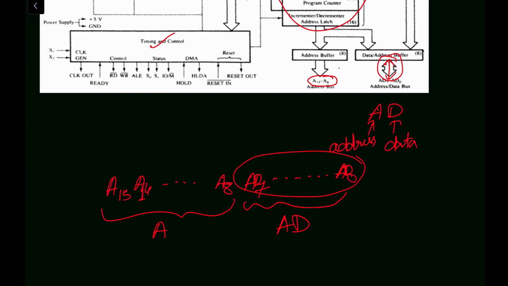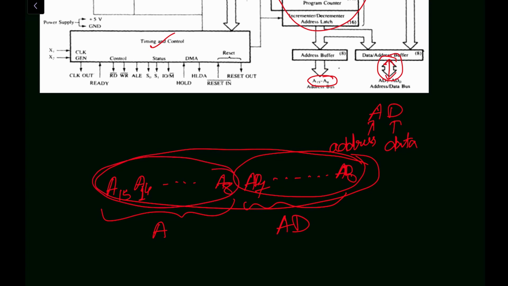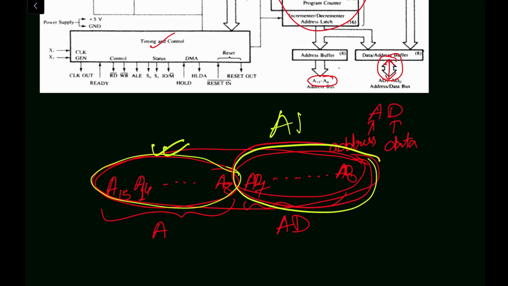The Intel 8085 requires a 16-bit wide address bus. You can see from here to here, all these bits A15 to A0 make a 16-bit address. Here you can see the 8 most significant bits. These will be used only for the address purpose. The most significant 8 bits of the address are transmitted by the address bus, and the least significant bits are the address and data lines. So this is the importance of A15 to A0.